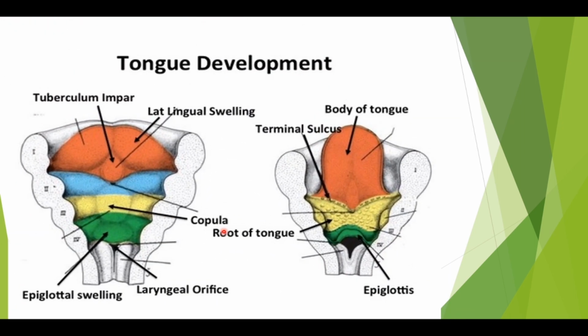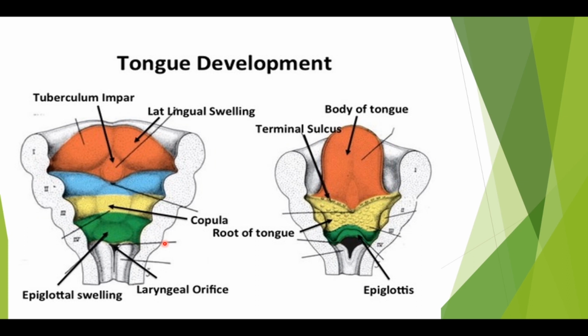But before moving to the gross anatomy of tongue, one should know about the development of tongue, how the tongue develops. Now the tongue is made up of two parts: anterior 2/3 of the tongue and posterior 1/3 of the tongue. Although there is a minor contribution also from the posterior most part of the tongue. So this anterior 2/3 of the tongue, posterior 1/3 of the tongue, along with the posterior most part of the tongue, they are derived from the pharyngeal arches.